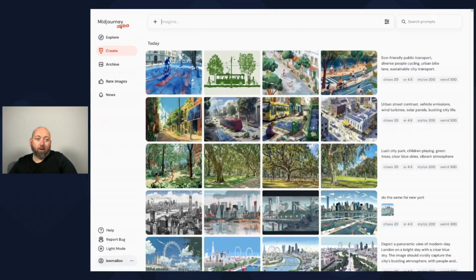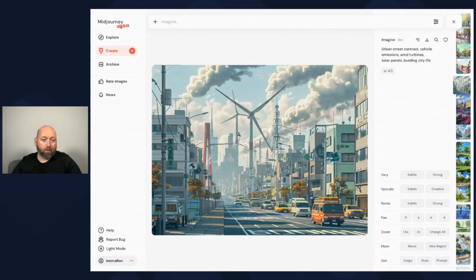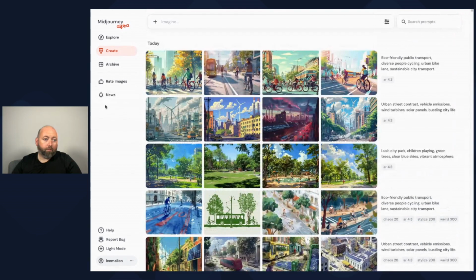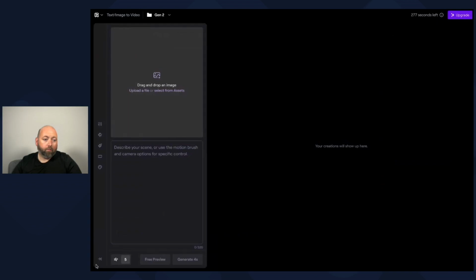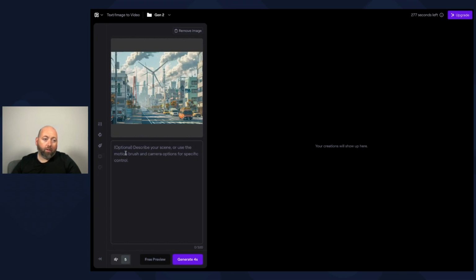Okay, so here we are now in Midjourney, and we have our images. So let's take this image as our first one. Now what we can do is drop this into the Runway tool. Let's drop the image in. So it's now going to upload that image to Runway. What we can do is add some more description to the scene if we want, but there's also